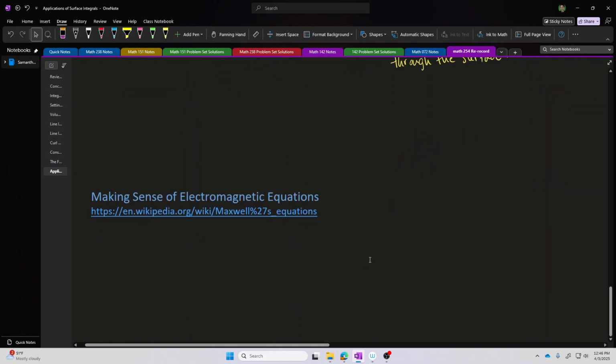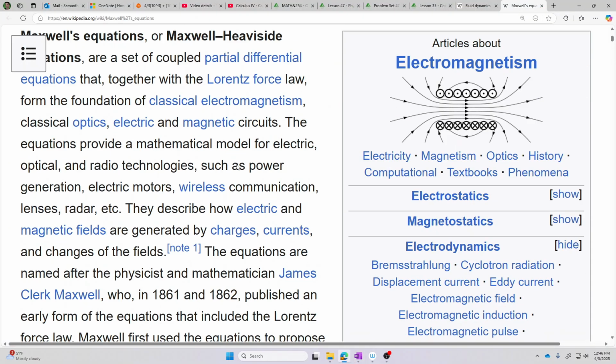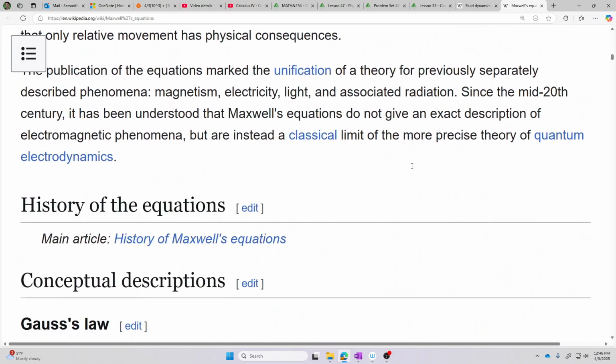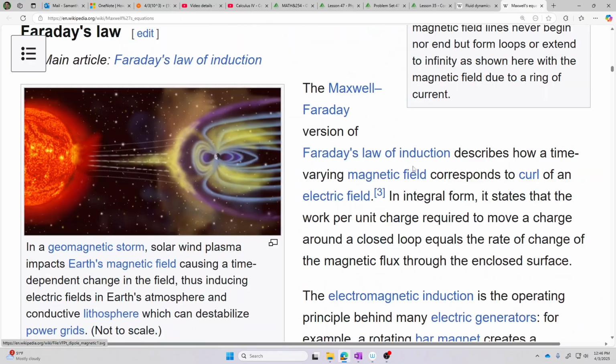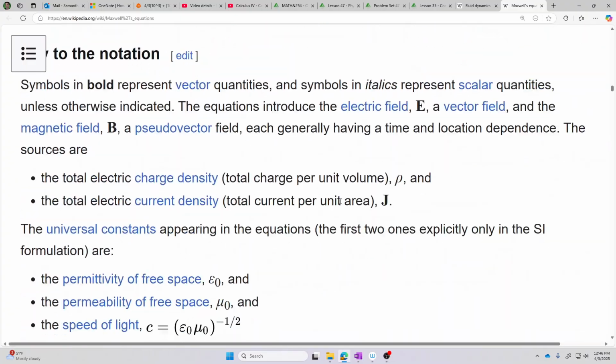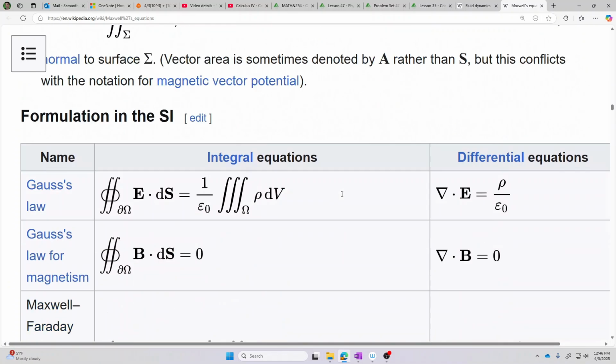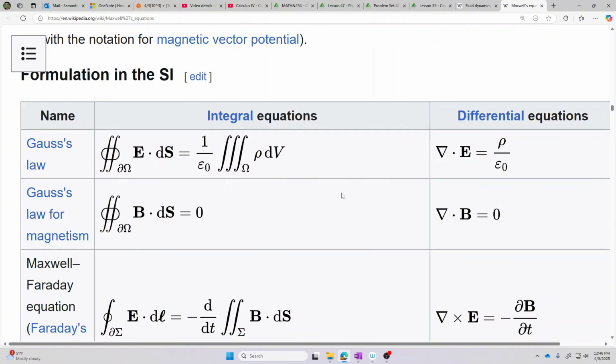Just as one final remark, I won't go into too much detail about this one because many of you may not have studied anything of electromagnetism at this point, and I'm definitely not an expert on electromagnetism either. But if you have a look at some of the electromagnetism laws and rules and formulas, you will see a lot of the ideas and formulas and notations that we have learned in this class, right? So here, for example, is a triple integral on the right-hand side. Here, for example, is a surface integral on the left-hand side of Gauss's law.